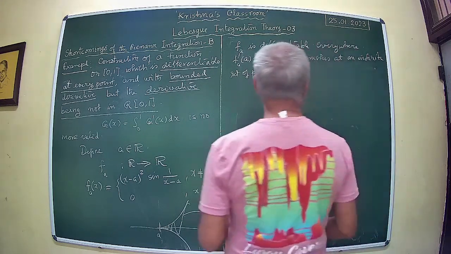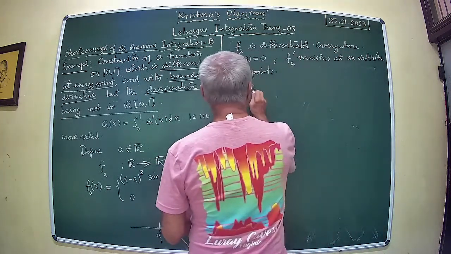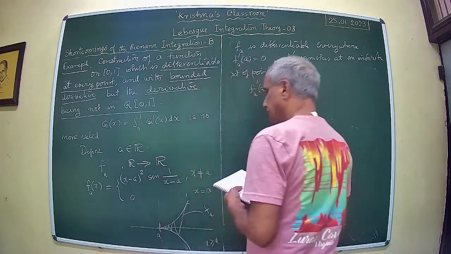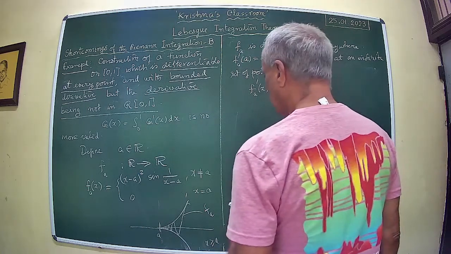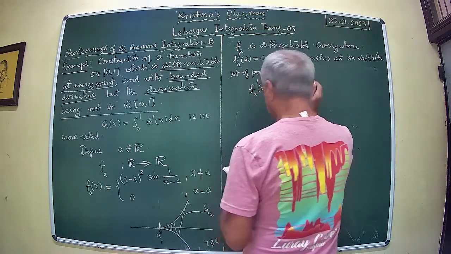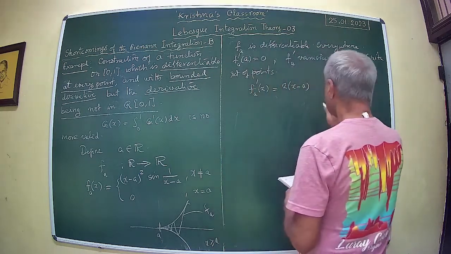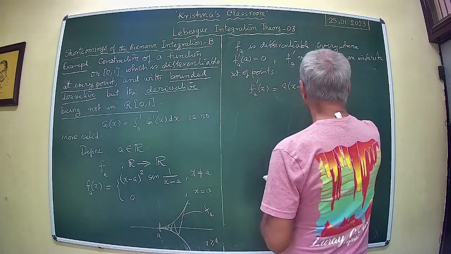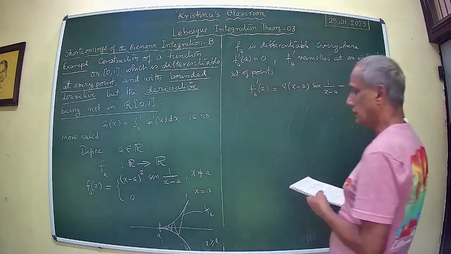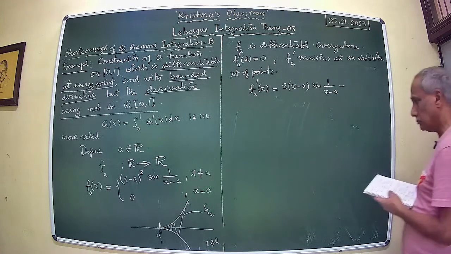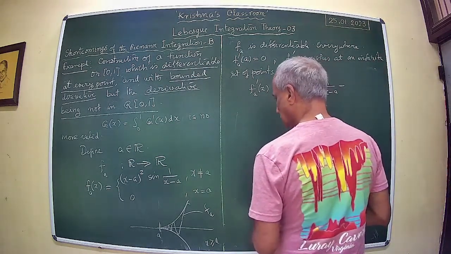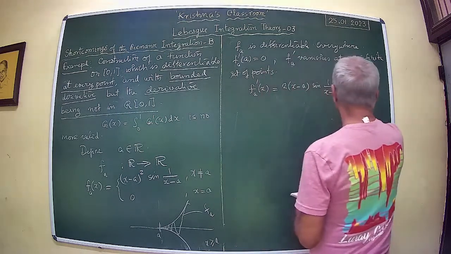What is going to be the derivative? Equal to minus cos